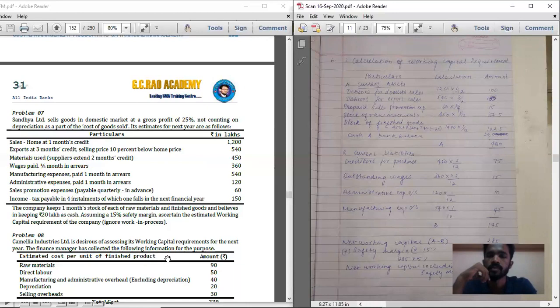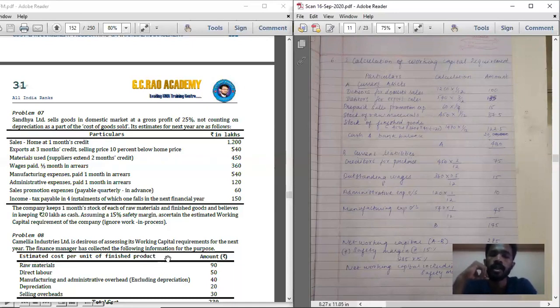current assets. In this you don't have to calculate any working notes because they have already calculated all the working notes. They have given it in the direct amount itself. So what you just have to do is calculate the value of the current assets and current liabilities. That's all. So below that, current assets,